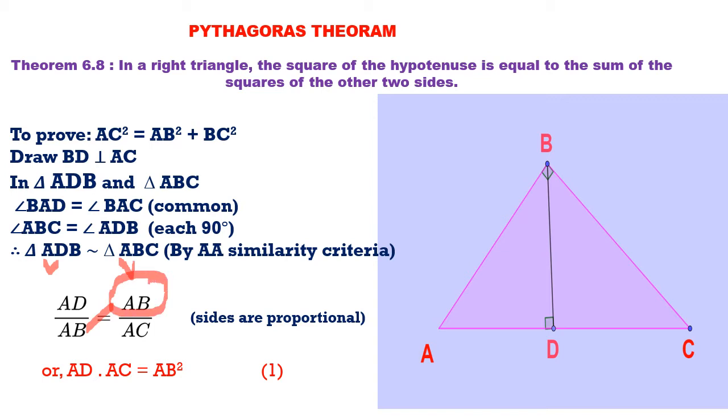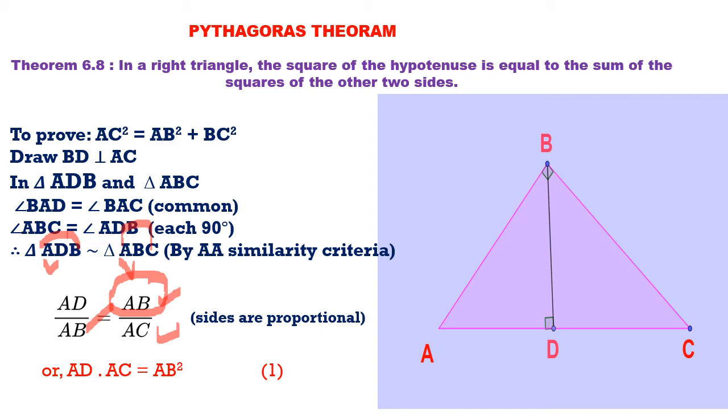So what are you getting? AB is over here, the first and the third letter. Similarly, here also you take the first and the third letter, AC, and write its ratio. It means the AB side is proportionate to the AC side in the bigger triangle. In the smaller triangle, if you are taking AB, in the bigger triangle you will take AC. These two sides are corresponding, and take their ratio.